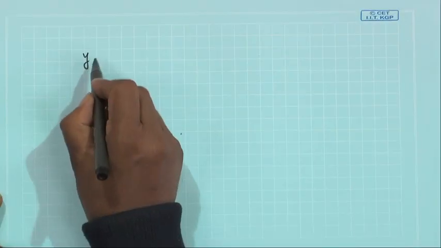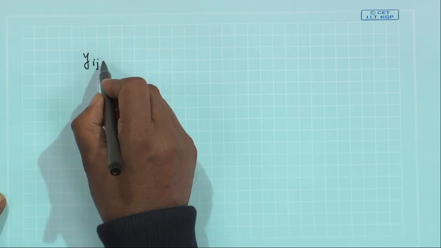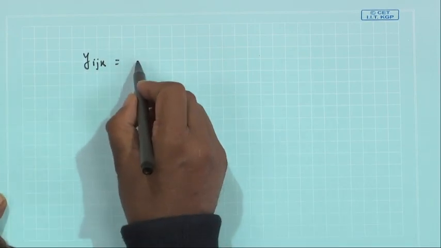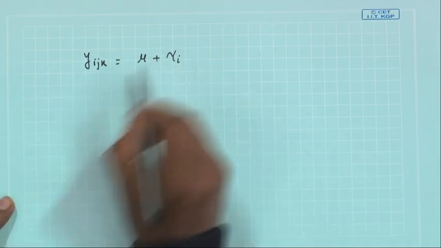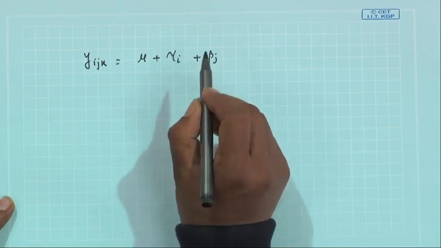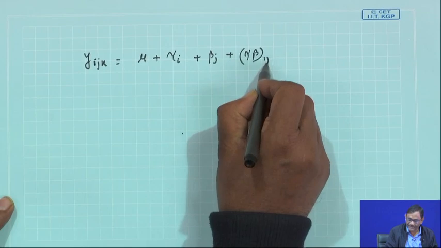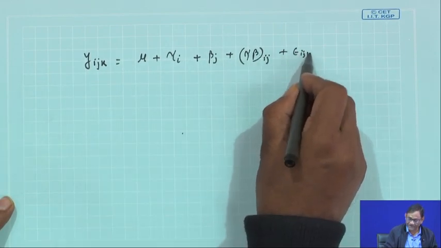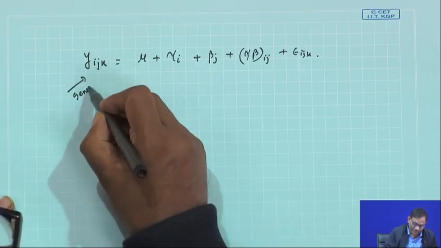We have y i j k, i for factor A, j for factor B and k for replication, and then this will have a grand mean plus tau i, that is factor A effect, beta j, factor B effect, plus tau beta i j, that is the interaction effect, plus epsilon i j k. So, this is the general observation,